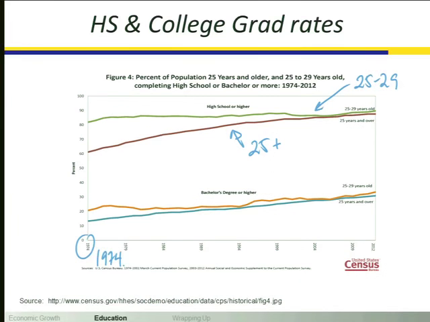And the increases in high school graduation rates for the 18, 19 or so year old population, those things are pretty much leveled out. That's what the top greenish line shows you. And so these two lines are coming together to a certain extent over time. We've gone from, in 1974, having about 60% of the population 25 and over have a high school degree, to today closing in on 90% of the population in the United States ages 25 and over having a high school